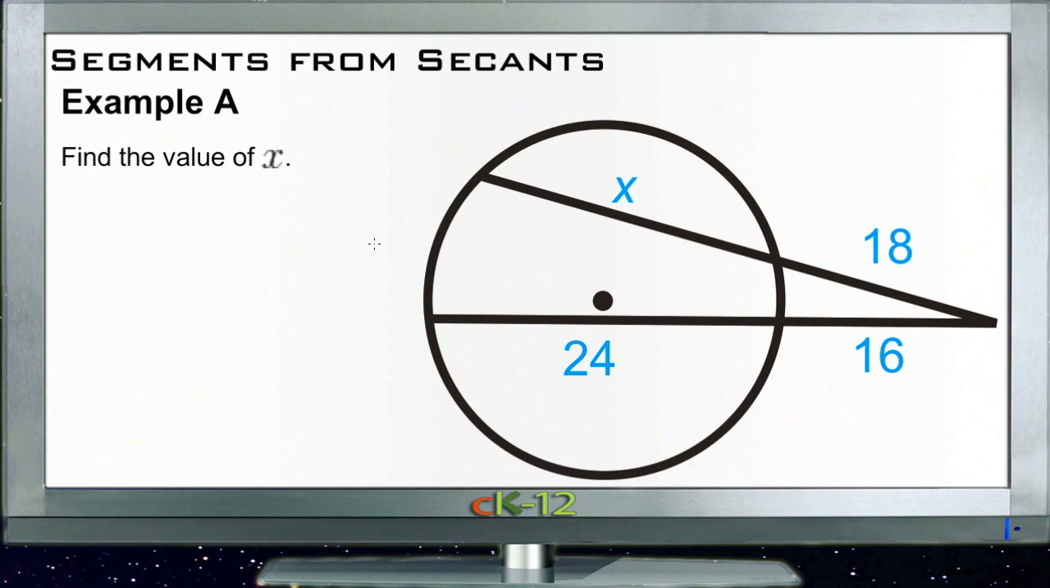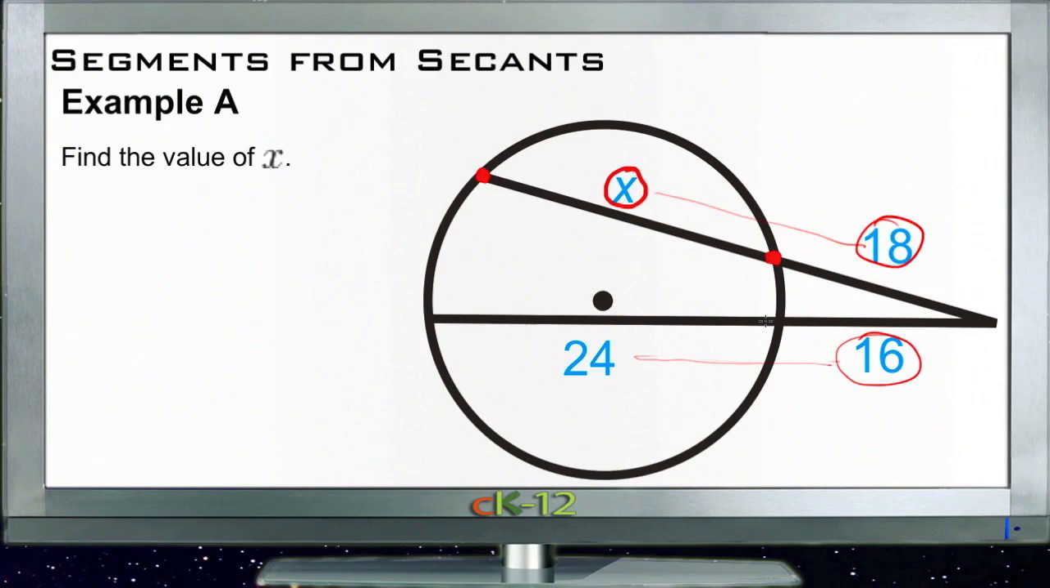Our first example question for segments from secants asks us to find the value of x, which is this missing segment right here, this chord that runs across the inside of our circle from point to point right here. And we're going to use our theorem, which says that a times a plus b is equal to c times